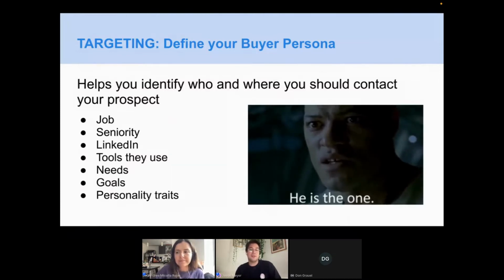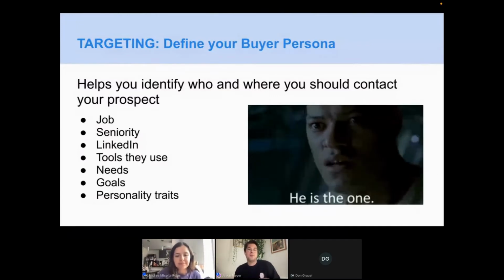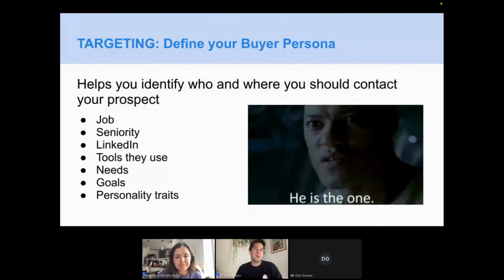So you can start off by saying, well, the job. Normally, you will need a managing director, you will need a head of procurement, or you will need a head of human resources if your target is recruiters, for example, or talent acquisition specialists. So just define the job. Then also, not only the job, but also the seniority of the person. Seniority doesn't only infer their age, but how much time they've been working in their specific industry or how much time they've been in their company.